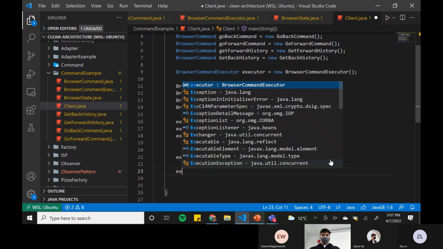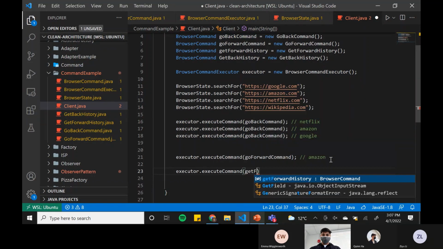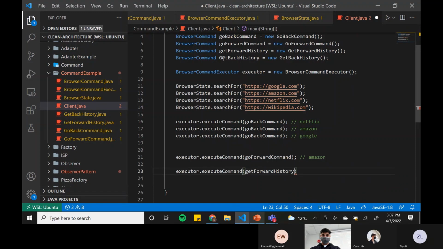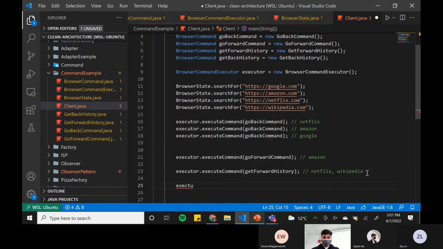Then if we print the forward history, get forward history, what is this going to print? Yeah, because the current page we're at is Amazon. So this would print Netflix and Wikipedia. And if we do executor dot, currently we're at Amazon. So if we go forward one page,